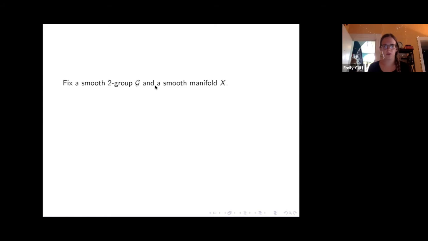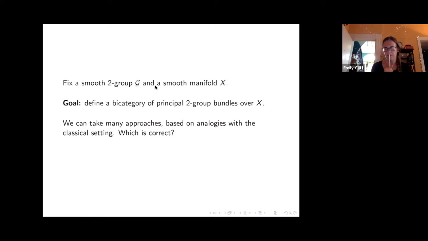So let's fix our smooth two group and a smooth manifold. And our goal is to define principal two group bundles over X, and they should form a bicategory. Now, there's many ways to do this. First of all, based on analogies with the classical setting, and also based on infinity category theory, which is correct? So for example, in the classical setting, you can define bundles in terms of classifying spaces and maps